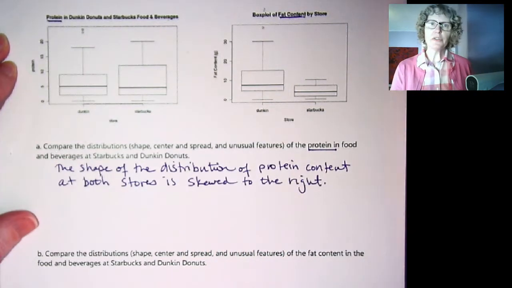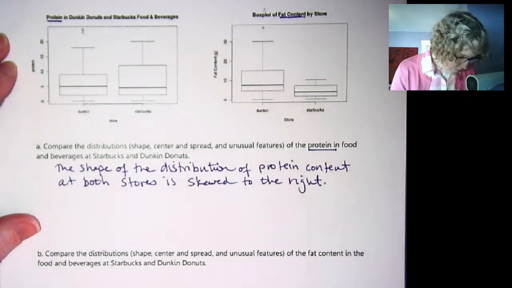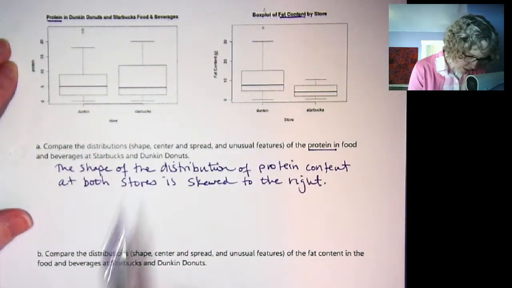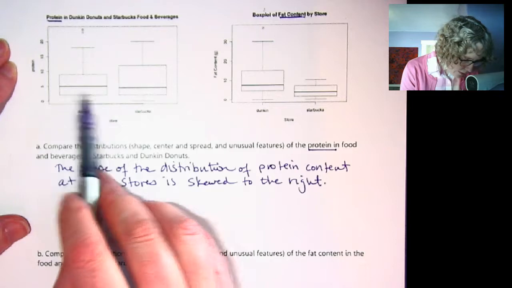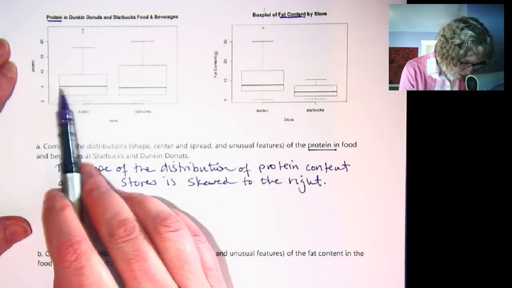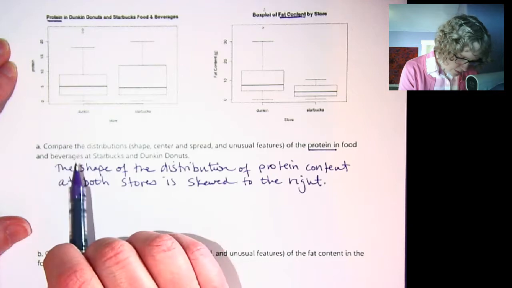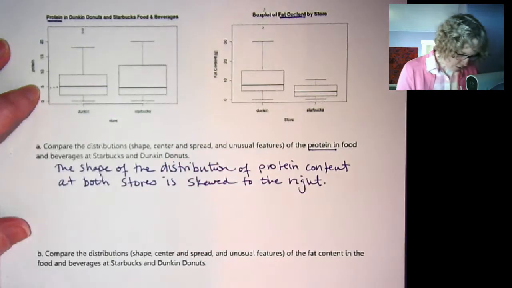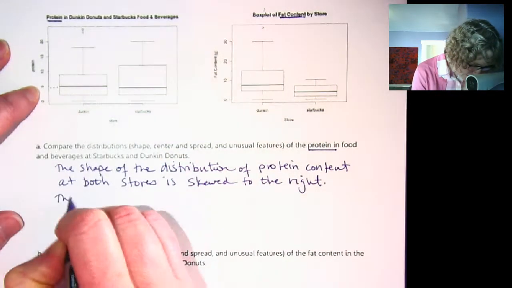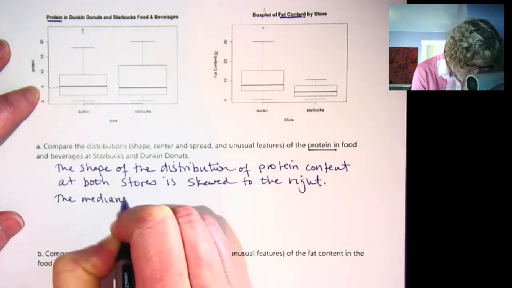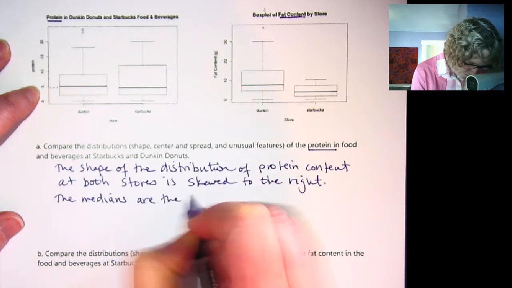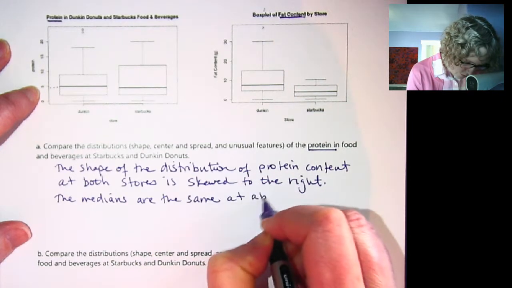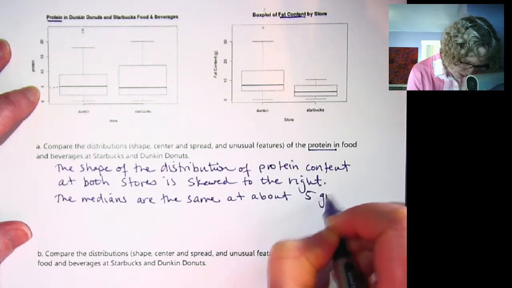Okay, so now we need to go for center. The center, because it's skewed, we're going to go for median, and also the box plot gives us the median readily, while it doesn't give us the mean. But what's interesting to me is the medians look about the same. So the medians are about the same, and this looks to be about 5 grams of protein. So the medians are the same at about 5 grams